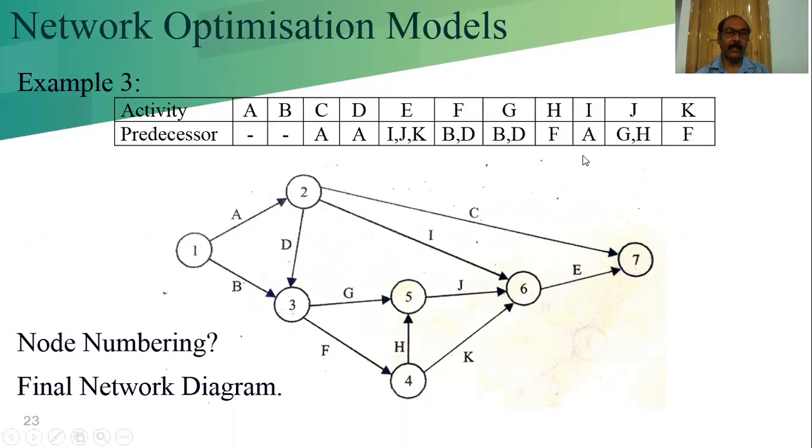See, in this case, these two are the predecessors of this node 3. So this should be less than this number. That's why this is 1, 2, and 3. We cannot make it 2 and make it 3. Now this is the predecessor of this 2, so this number should be less than this. That's why this is 3, 4, and 5. And this is also the successor of this 2. This is 4 and 5, this is 6, and the last one is 7.